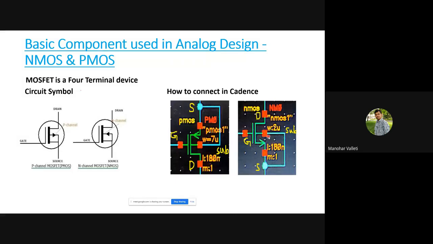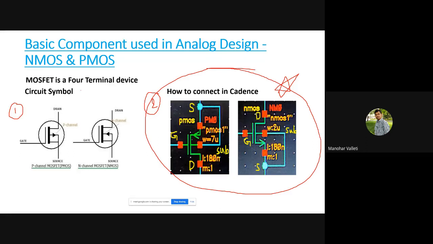Remember a blind rule: whether it is PMOS or NMOS, the substrate is always connected to source. So these are the two different ways of representing the MOSFET symbol. This is one more way of representing, but we will use this only always. I'm just giving the clarity now. Try to remember these symbols.